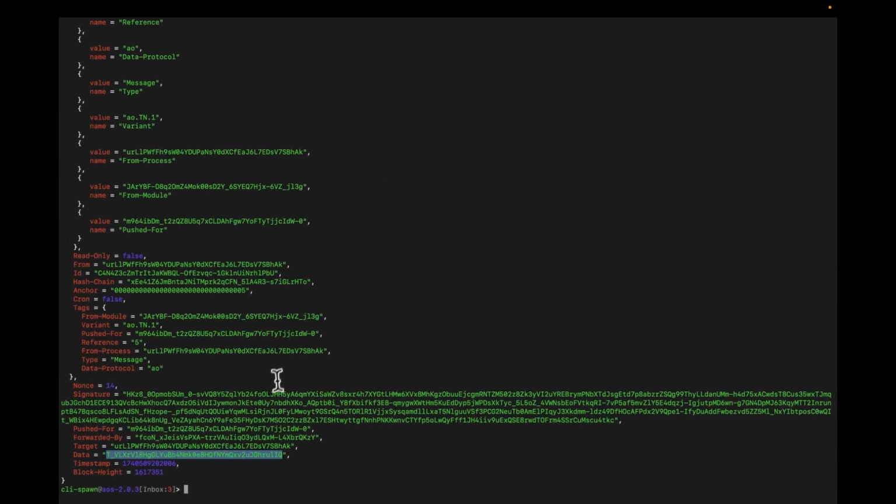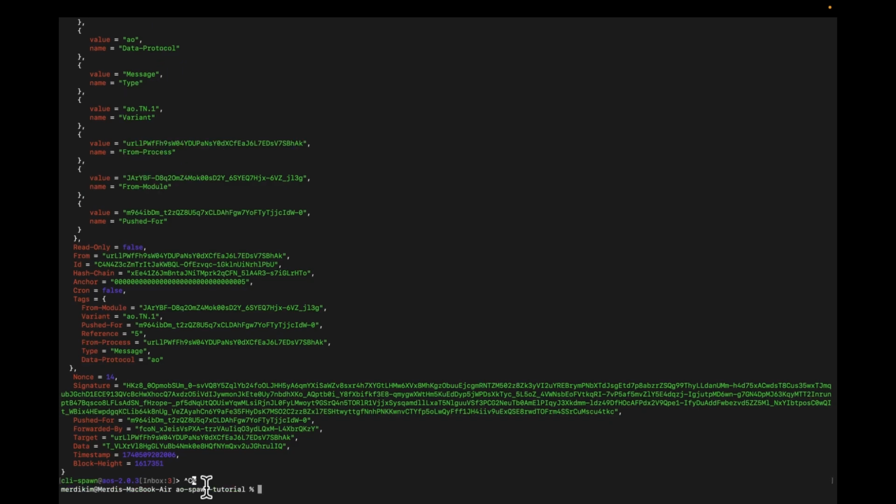Because if we redo this process a couple of other times, we're going to spawn new processes, but we don't want to do that. Just wanted to show you how it works. So I'm going to quit this. Done the CLI creation way. We've done it programmatically. And now we're going to go to the last step, which is using the SDK,